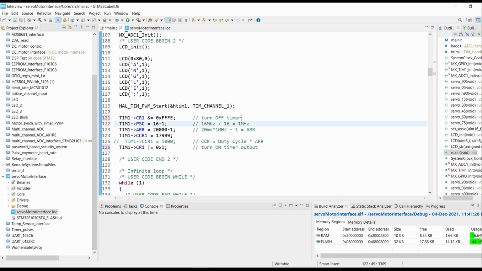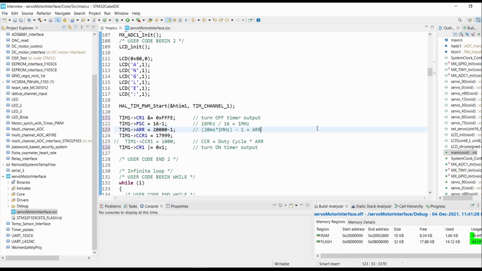When you look into servo motor interface, we have to provide a 20 millisecond continuous pulse with some duty cycle. The duty cycle will set the angle of the servo motor. So if the pulse is sent with 1 millisecond on period and 19 millisecond off period, the servo motor will align to 0 degrees. If we increase the on period to 1.5 millisecond, the servo motor will be rotated 90 degrees. And if we set the on period to 2 millisecond, the servo motor aligns itself to 180 degrees. So from 1 millisecond to 2 millisecond, we have to set the on period.